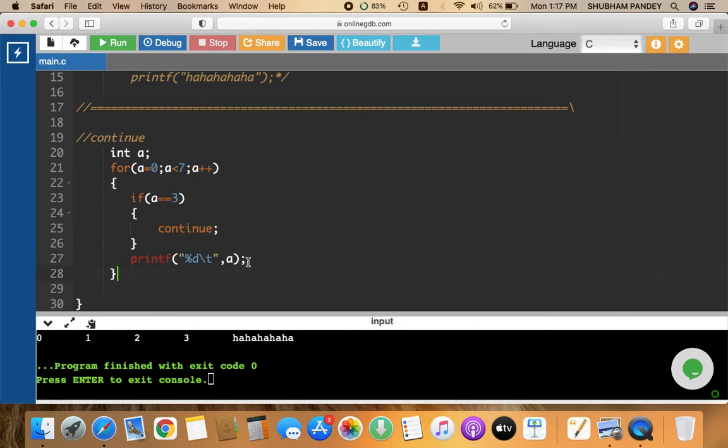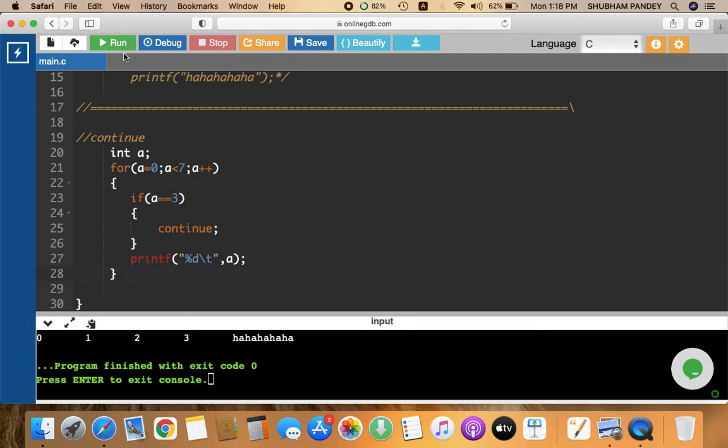So it moves on to the for loop again, and 3 is not printed. Then the value of a becomes 4, and for 4 this condition is checked, and it is true. It enters the loop, this condition is never met, so it is ignored. Value 4 is printed, and similarly 5, 6, 7.